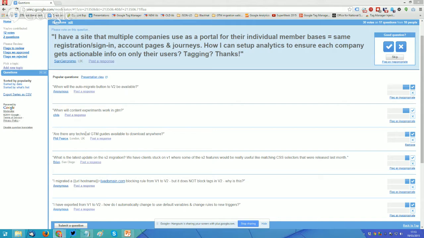Cool. Are there any technical guides for GTM available? Which is a question I asked myself here. So if you go to bit.ly/GTM dev guide 2, then there's a free dev guide you can download on there, which has got a lot of detail. Or there are also the Google developer guides, which are also okay, not quite as much detail, but it's a good one on there, hopefully, which will help people.